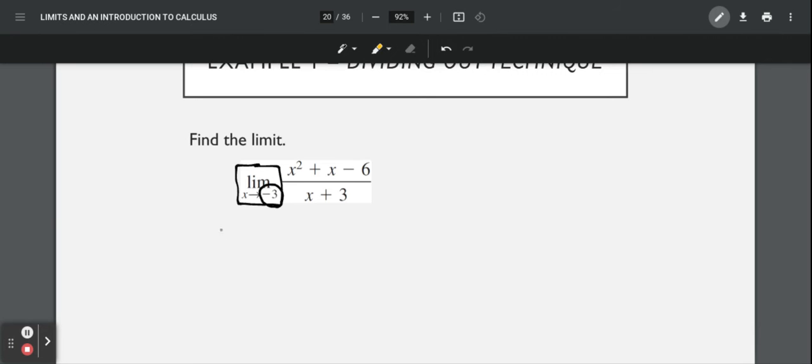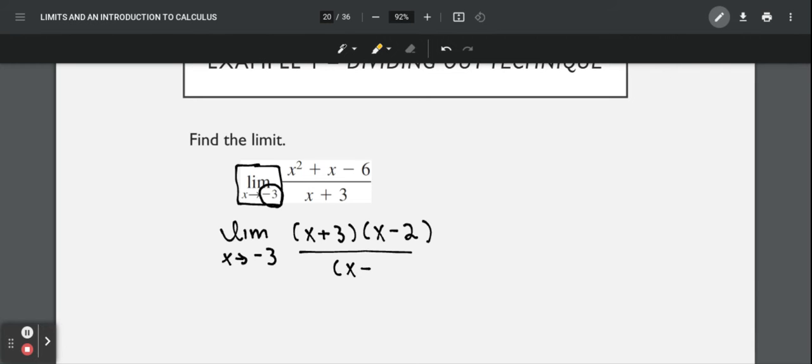All right, so what we're going to do is show our work, and we're going to say the limit as x approaches -3, and we're going to factor. So our numerator would factor into x plus 3 and x minus 2, and our denominator just stays with that x plus 3. So what we find out then is the reason that our function doesn't have a value at -3 is because we have a hole in our graph, since we have the same factor in the numerator and denominator. So we can eliminate the hole,